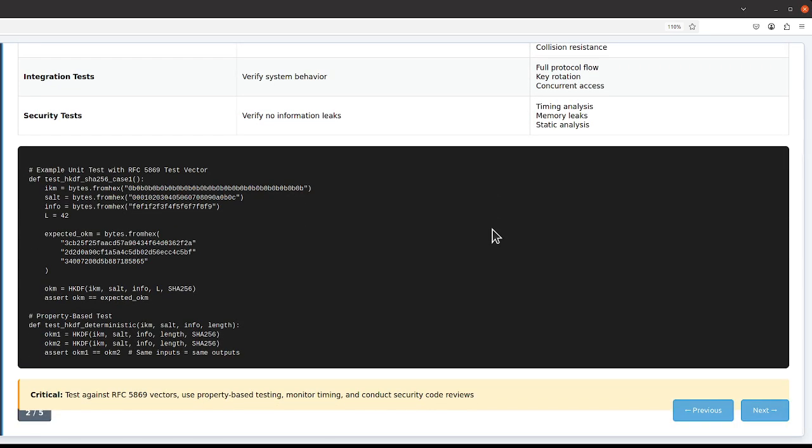If you're using HKDF as part of a TLS implementation, test the full handshake and verify that both parties derive identical keys. If you're using HKDF for database encryption, test that you can encrypt data, derive the same key later, and decrypt successfully. Integration tests should cover realistic scenarios including key rotation, concurrent access patterns, and error conditions like invalid key